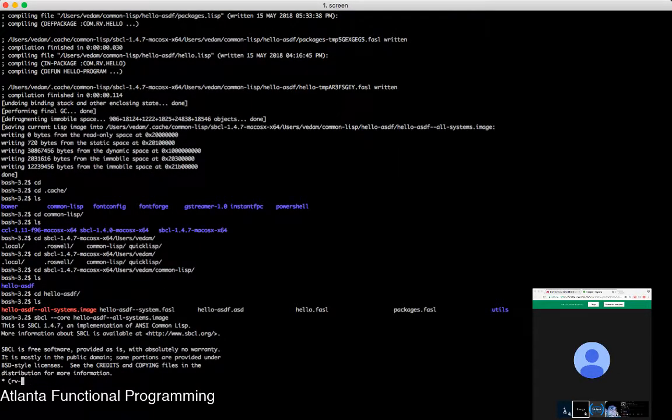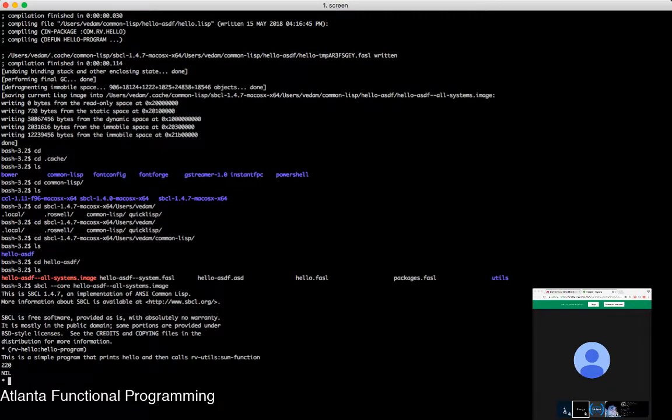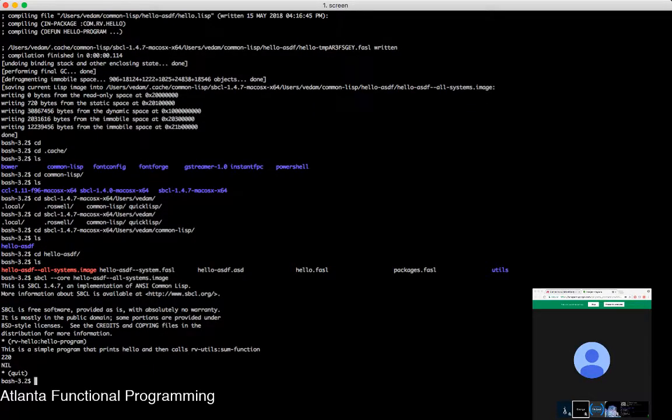So we know that our top-level functions are in the hello RV hello namespace, so we can look at the exported symbols and call them as such, and it will automatically retrieve that and print out what we were expecting. Now, another question that was brought up last week that I also wanted to touch base on,